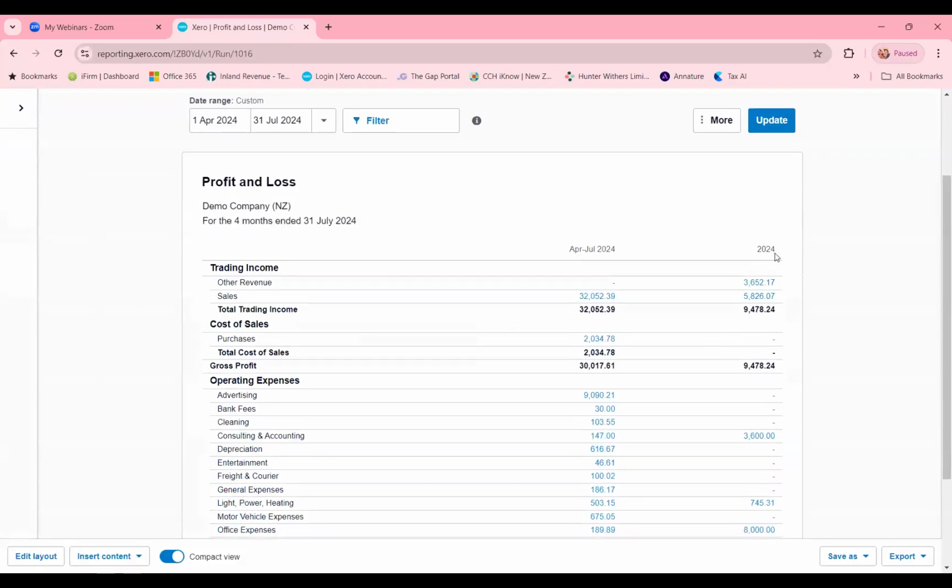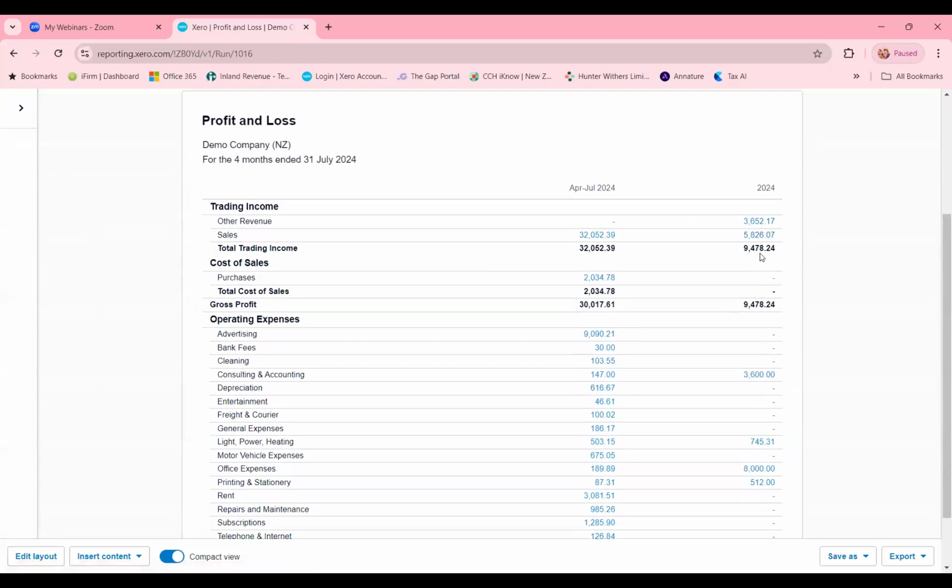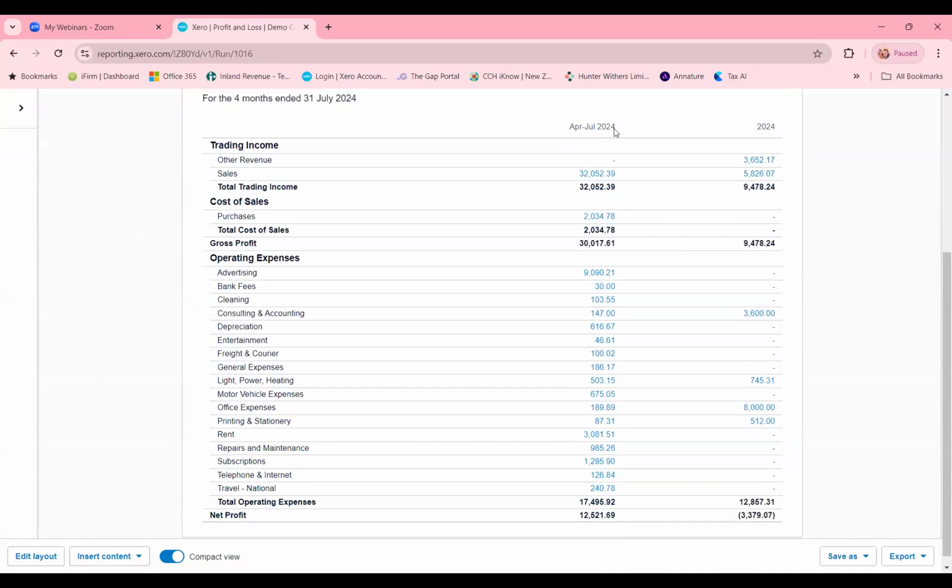Now we can see that we've got the 2024 comparative year sitting there. So last year we made 9,400. And this year, just between April and July, we've made 32,000. So the next thing we want to do